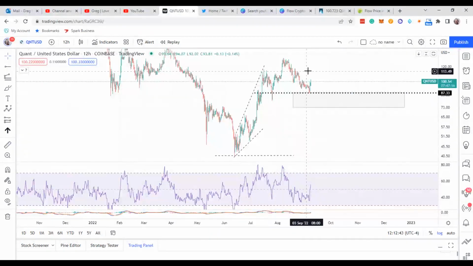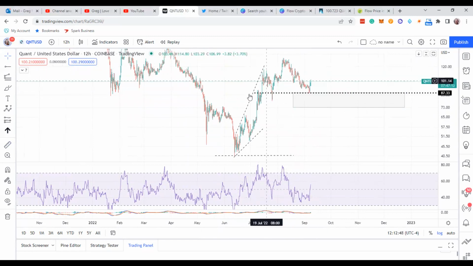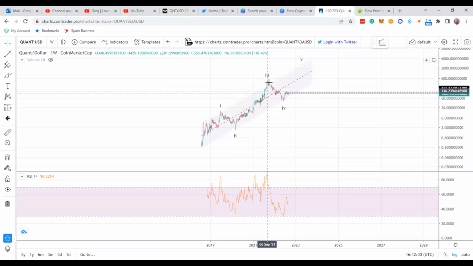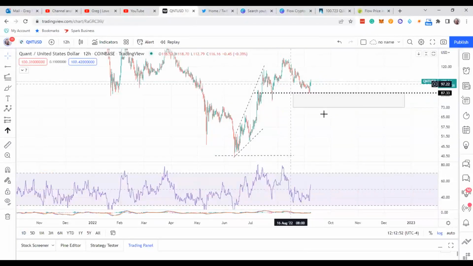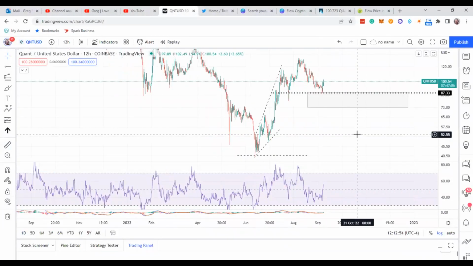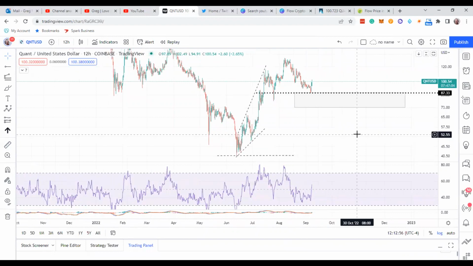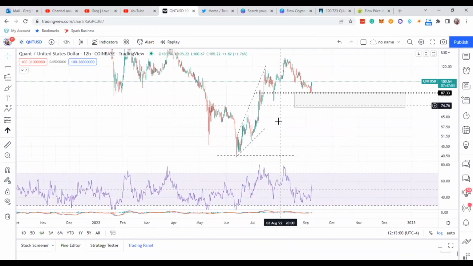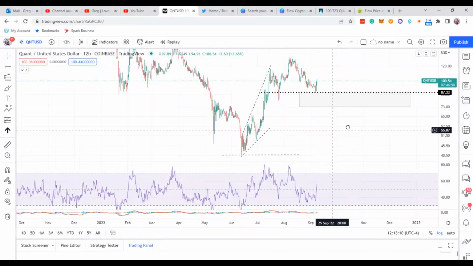Either way, no matter how you cut this pie with Quant, the time sequence and the sequence of the waves, the overall sequence of this wave, Quant is actually looking really, really good. And the other thing you want to be aware of with Quant is that if you go back to the 2018 bear market on Bitcoin, Quant was early out of the gates, even before Bitcoin went bullish. So you might want to be aware of that too, that Quant can be going off into making its move. So that's how I see it with Quant, guys.